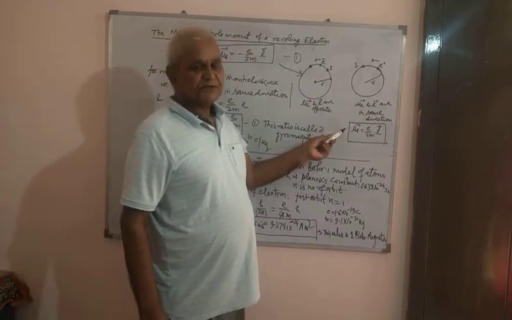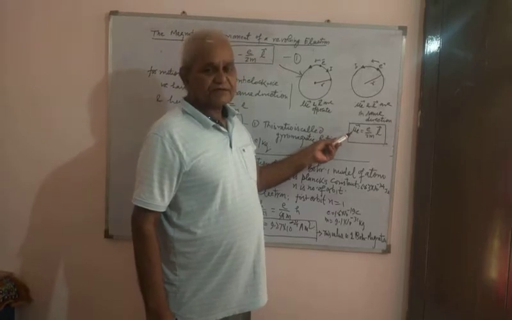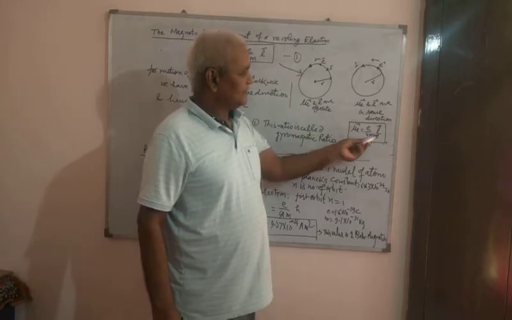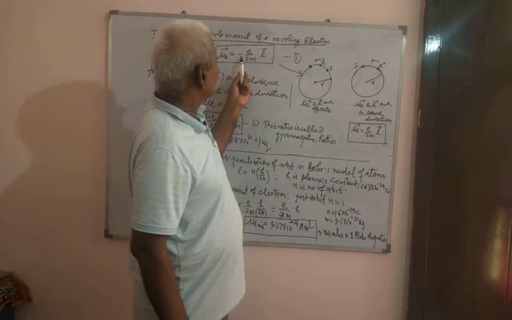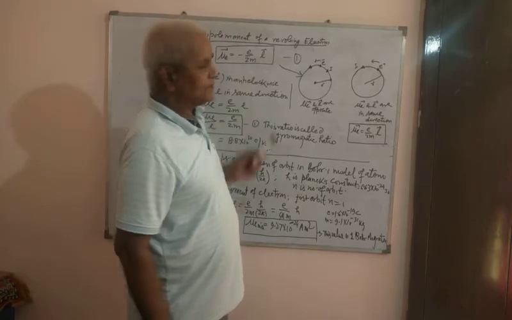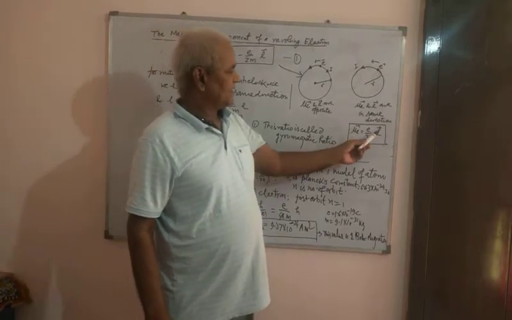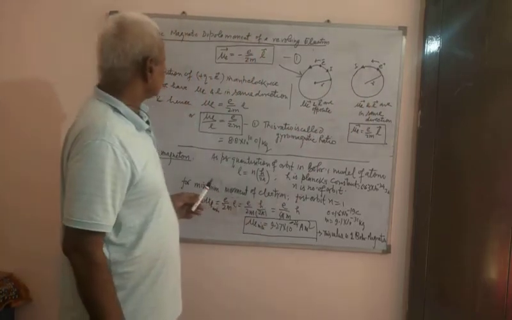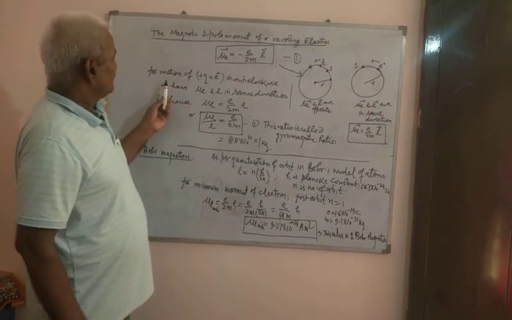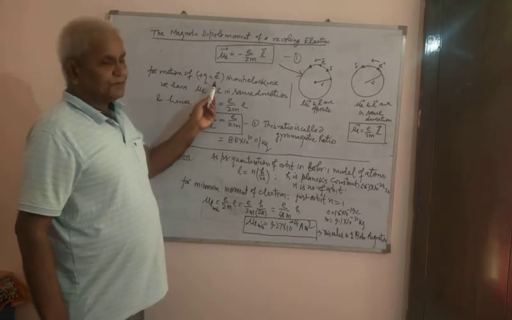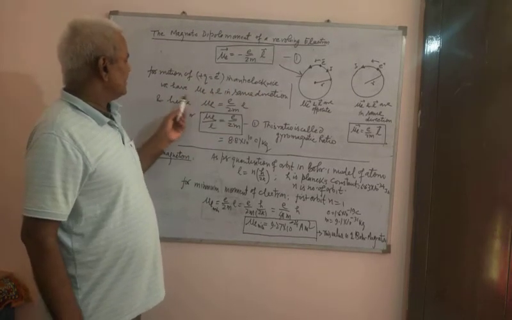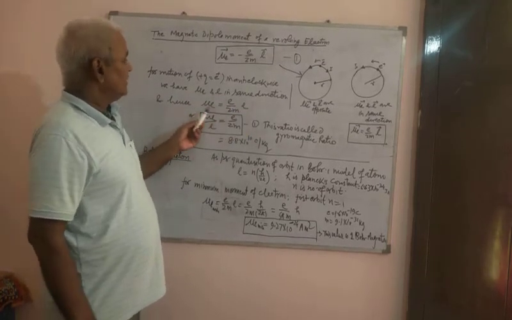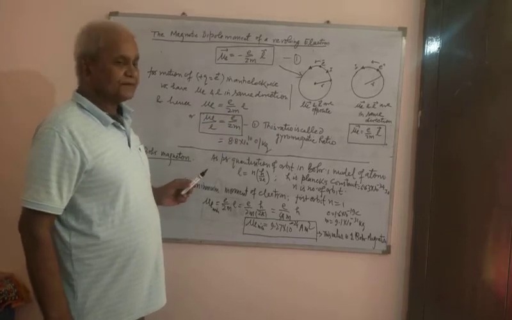Then the relationship between the magnetic moment and the orbital motion for a positive charge will be e by 2m into L. It's only a minus sign before because L and mu L were in opposite directions, and here mu L and L are in the same direction because both are anti-clockwise. Second case: now this motion of positive charge q is in the anti-clockwise direction, and hence mu L and L are both in the same direction, and the relation is mu L equal to e by 2m into L.